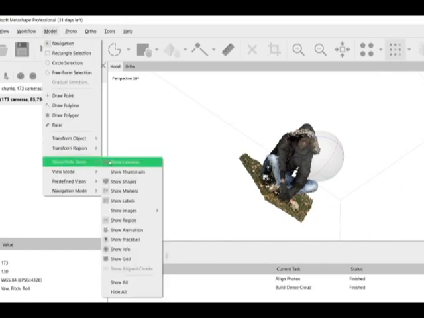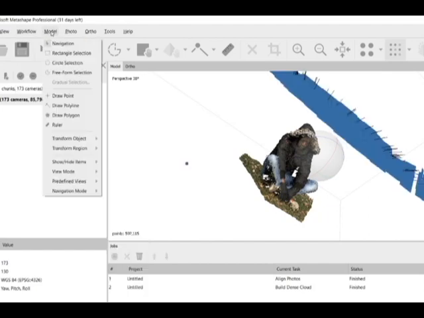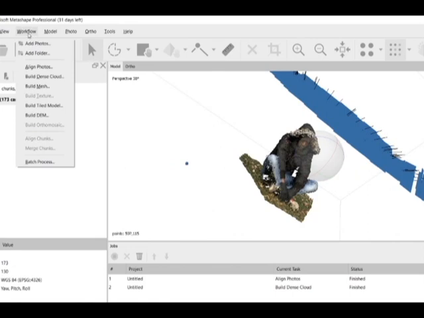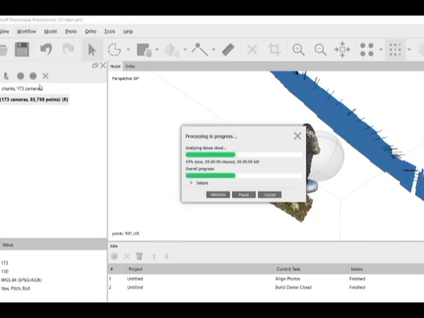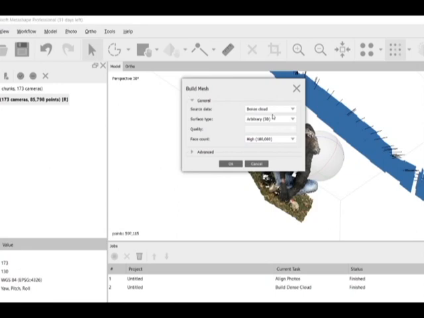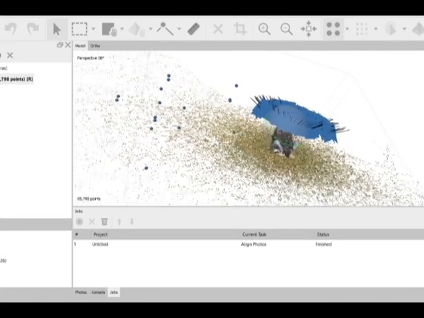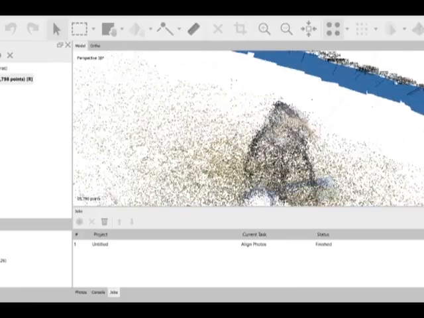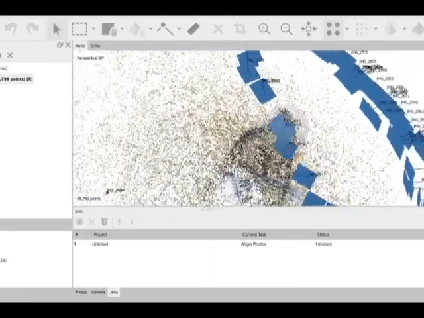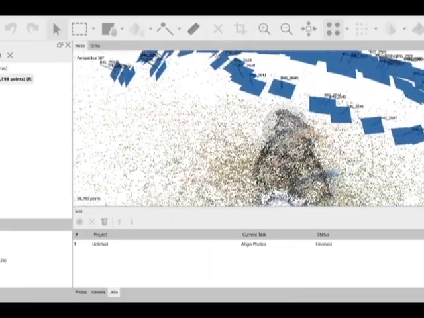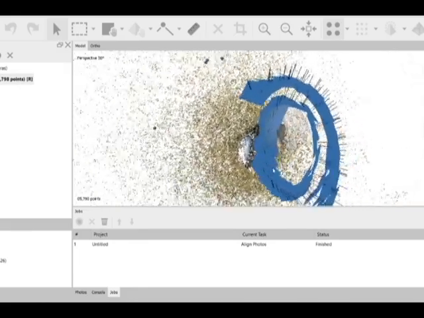So the next step, guys, we bring the camera again, and we go to the workflow, and we build the mesh. After the dense cloud, now we have to build the mesh, and you see it. So it's going to process. This is the sparse cloud. Yeah, it's looking like this.